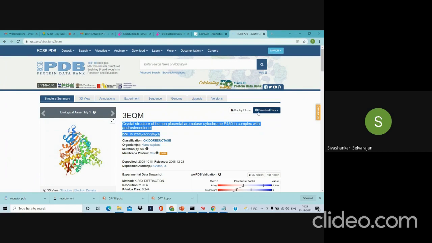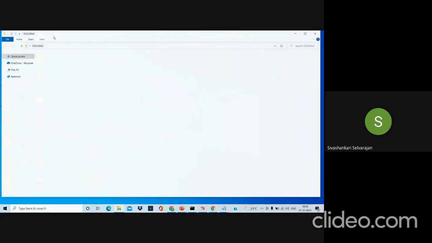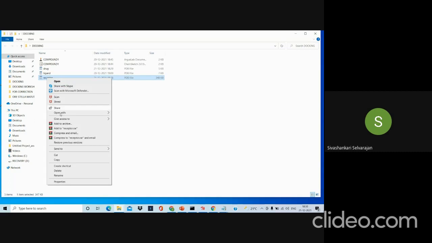So how to do it manually? We have to do it manually. So let's go to the desktop. Let's open the PDB file. Let me delete the other file, otherwise it will be confusing to us. So this is our PDB file. Please right click on it and give open with